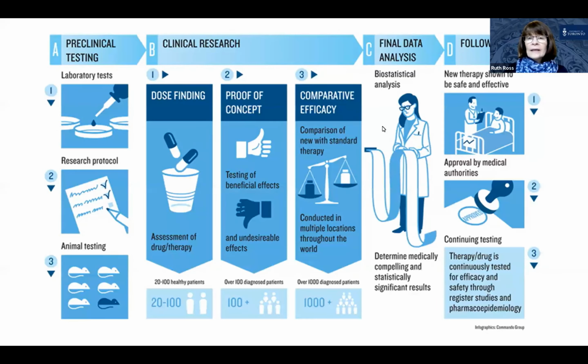And again, this is just another visual, which is another representation of this, which kind of helps just represent what I've said. So you've got the preclinical testing, then the different phases of clinical trials, and then you've got data analysis, and then there's follow-up of continuing to monitor the drug after it's approved, which is a really important part of the process, monitoring whether other things emerge after it's approved, because it can take years for certain problems to